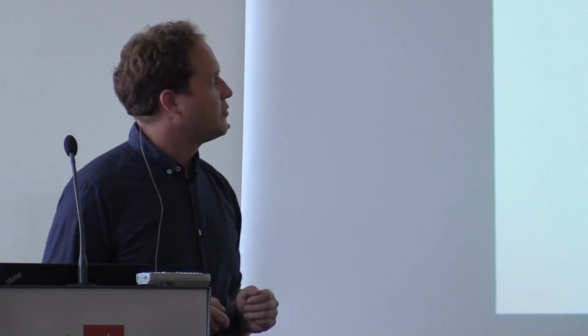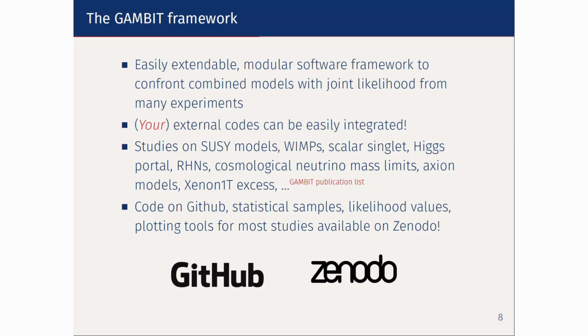And we've studied not just axions. So if you say, okay, I'm here more for the WIMPs, there have also been studies about WIMPs, about SUSY. We've also reacted to the XENON1T excess. And we typically try to make as much as possible available on GitHub or Zenodo. So obviously the software is on GitHub, and samples or the evaluated likelihood functions should usually be available on Zenodo. And here you can find a link to a more complete set of papers that have been studied.